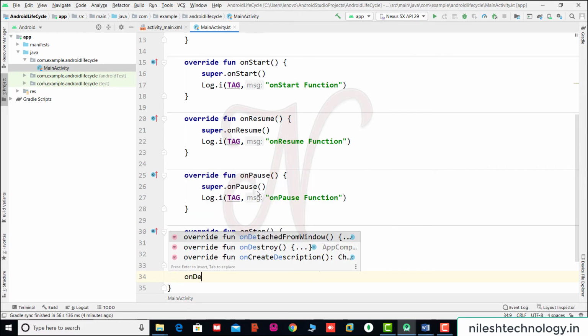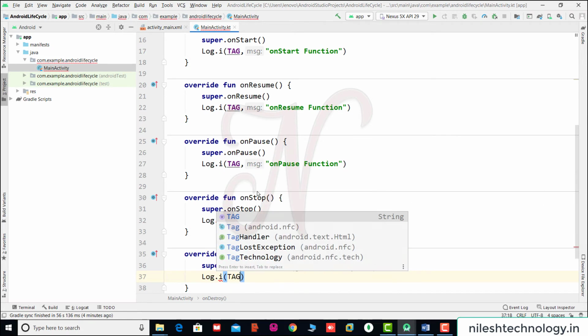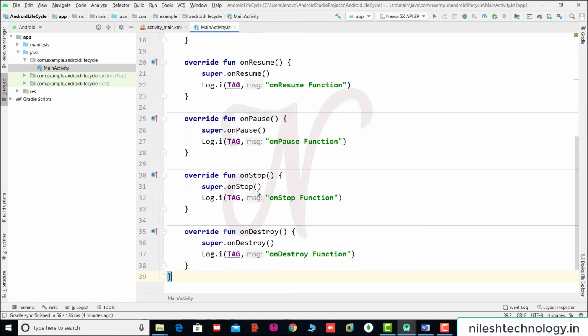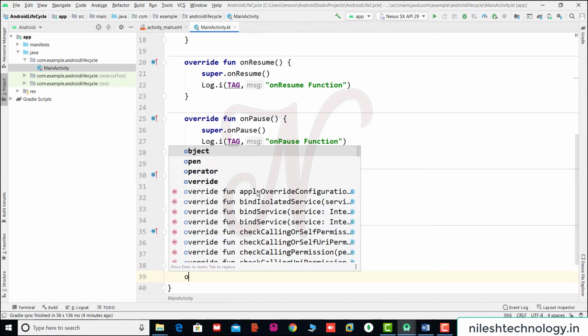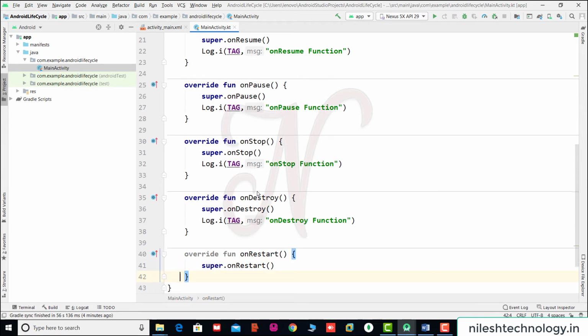Then onDestroy. Log.i tag, onDestroy function. The next one is onRestart. Log.i tag, onRestart function.